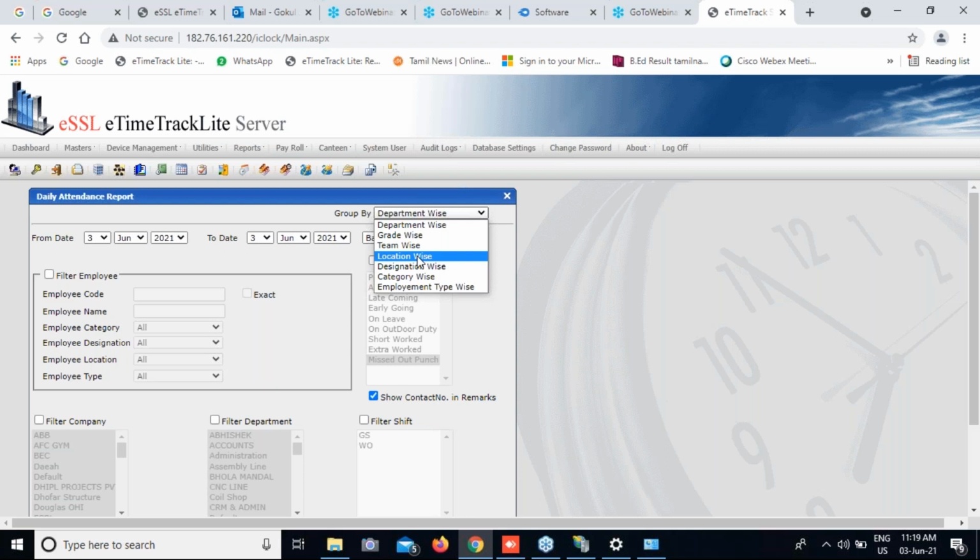For these cases, if you have 4,000 or 5,000 employees, it is an RDLC file based on the in and out punch duration. It will process the data. So if it is huge data, it may take time. It is better in these cases to go daily basis and department wise. If you filter and recalculate, it will happen quickly.